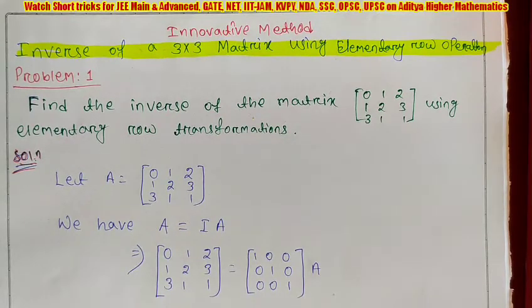Actually, they first make 1 in their elementary operations, but I am making 0. Then you can easily solve it in 3 steps. But in other methods it is 6 steps, because they make three 1s, which is 3 steps, and again three 0s, making 6 steps. But here I will make zeros, and the last step of making 1 is not difficult, so I am not counting that step, because making 1 is very easy. I count only making 0. So in total we will follow 3 steps, and using these 3 steps you can find the inverse of a matrix using elementary operations.